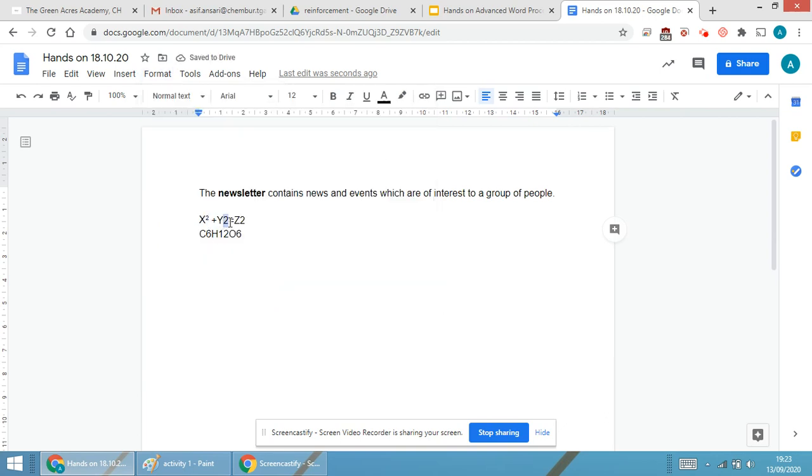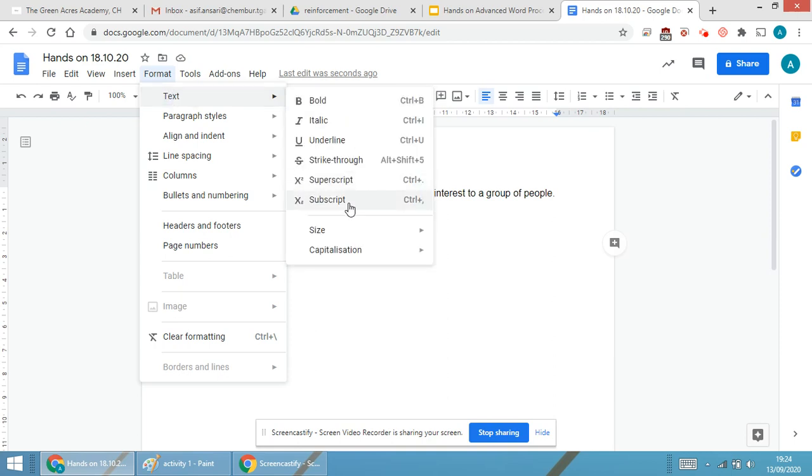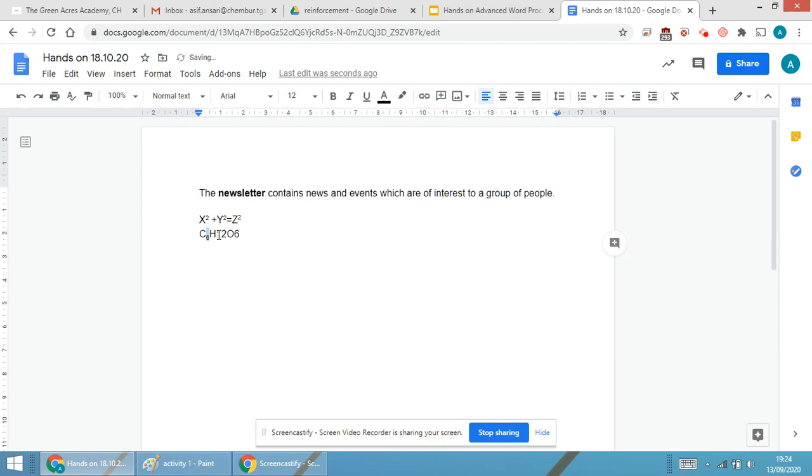The shortcut is control and full stop. Again with the help of the shortcut only, I am doing control full stop. First I will show you the method: font, text, subscript. What is the shortcut method for subscript?